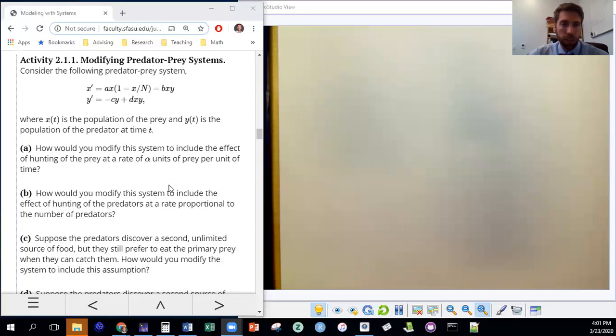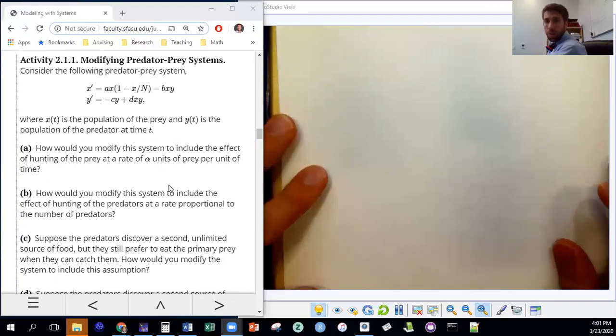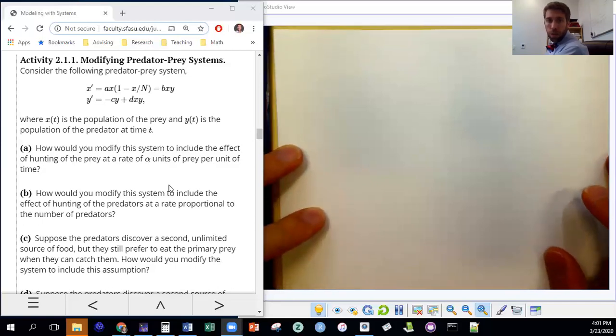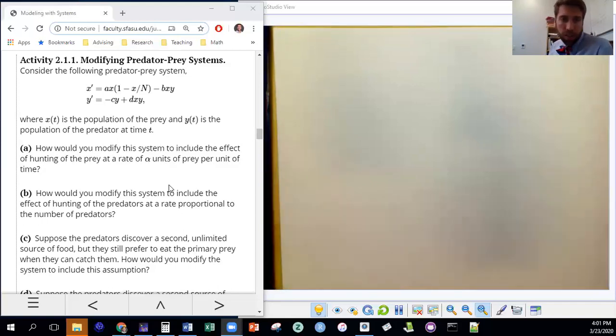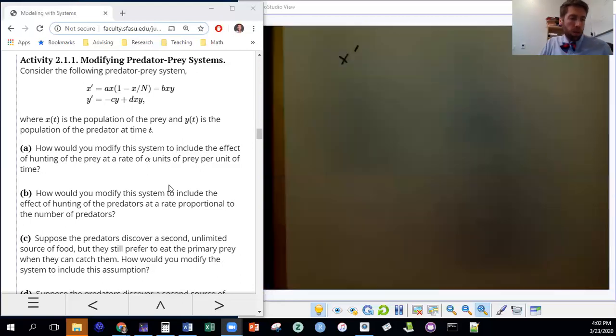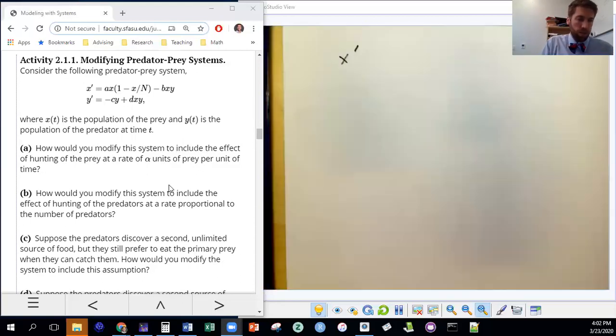So let's do activity 2.1.1 now. For activity 2.1.1, we've got those differential equations, and we're asked, how would you modify the system to include the effect of hunting of the prey at a rate of alpha units of prey per unit of time? So I've got x prime. Let's sharpie that too, so good. Let's move on to